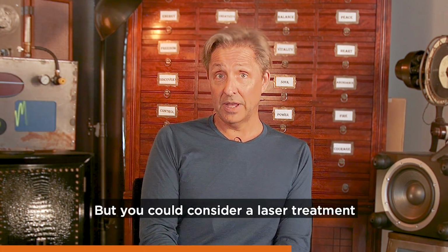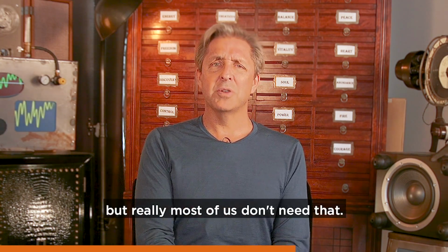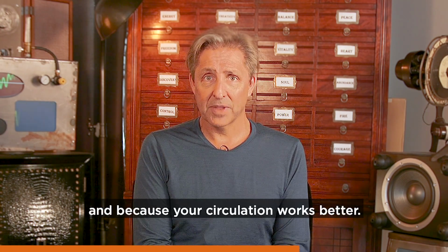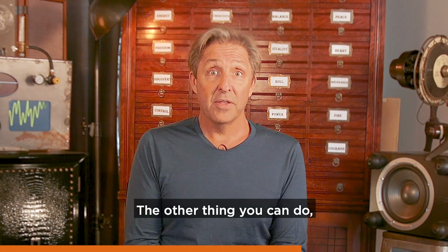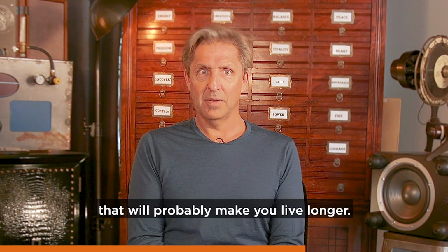But you could consider a laser treatment before you have an actual surgery for apnea. But really, most of us don't need that. What we need to do is sleep on our side, because then you won't be snoring and because your circulation works better. The other thing you can do, this is a one-time, very inexpensive change that will probably make you